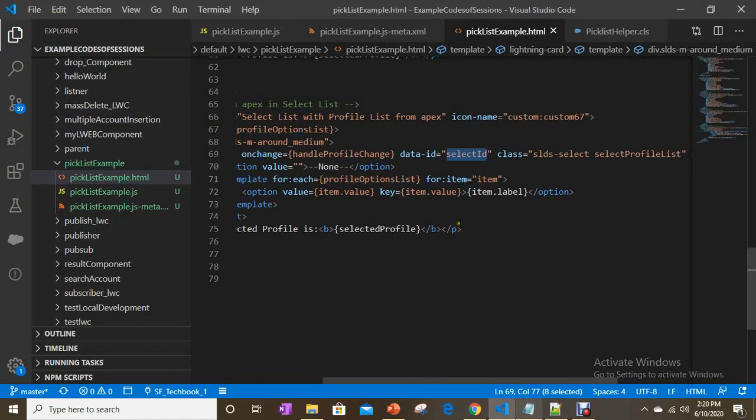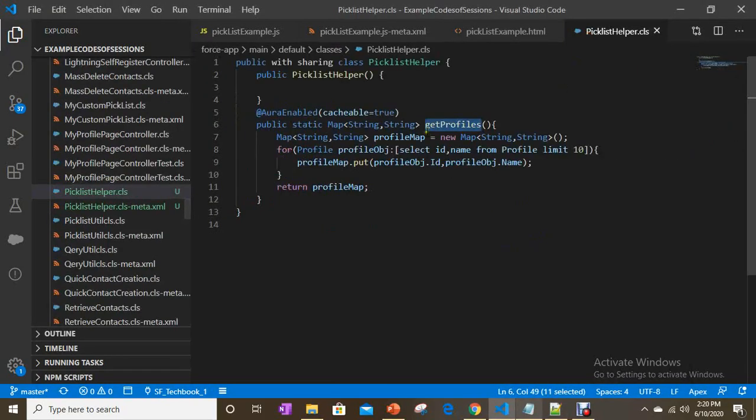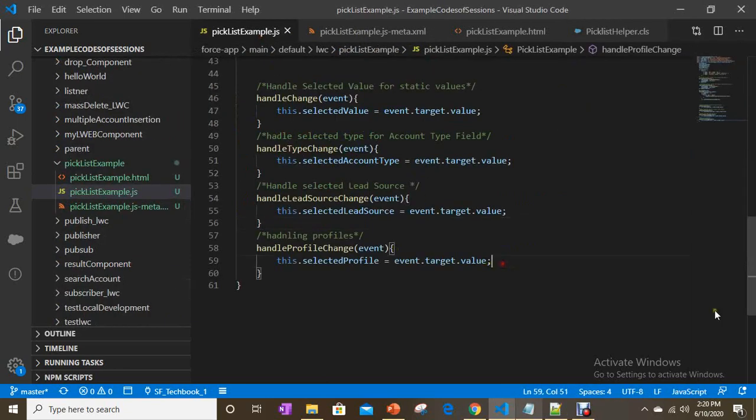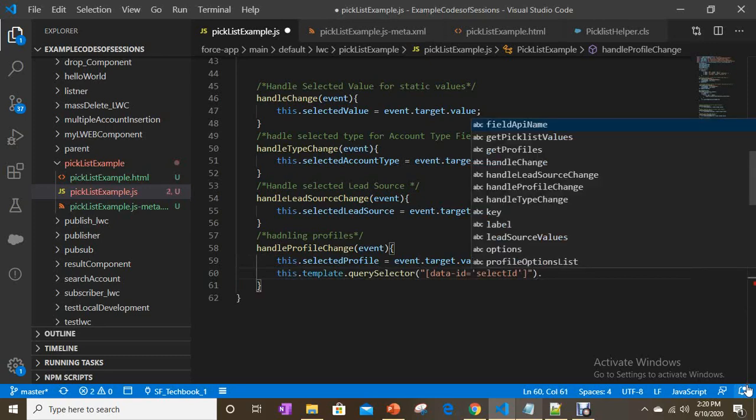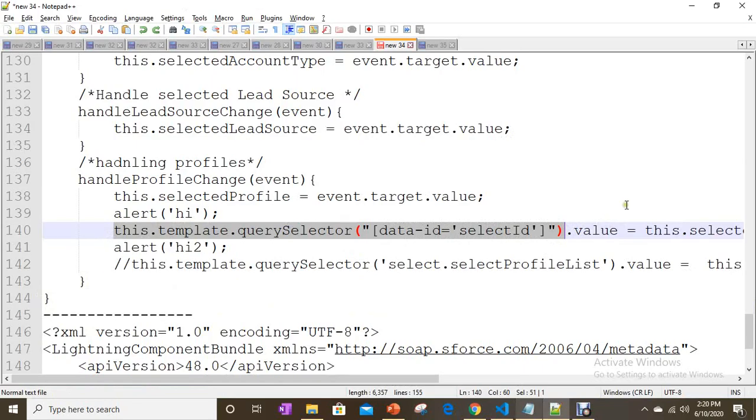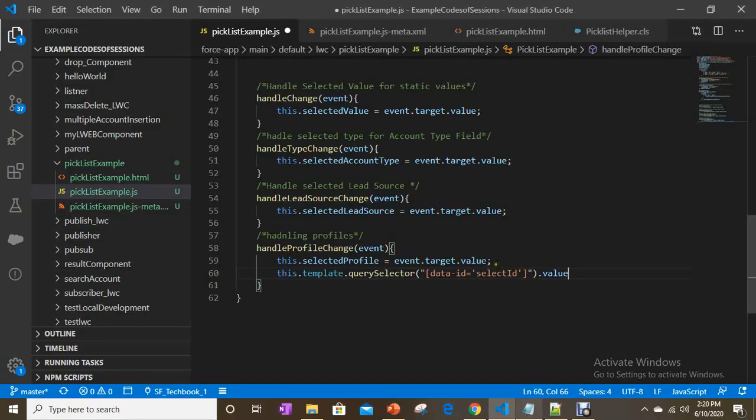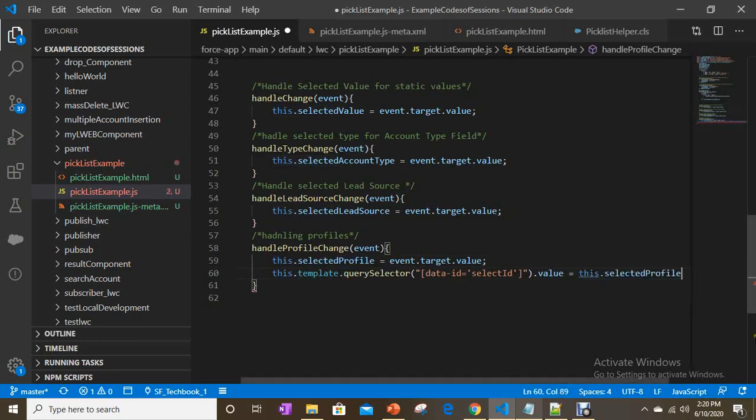If you are using ID to identify the element dot value, simply equals this dot selected profile. Done.